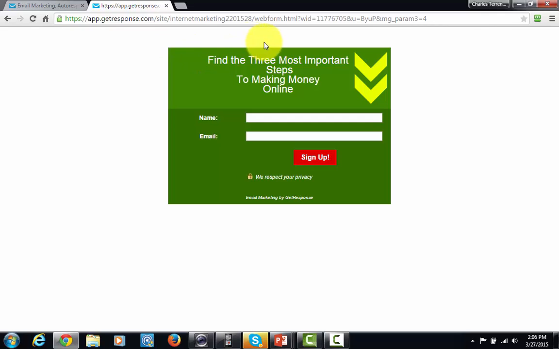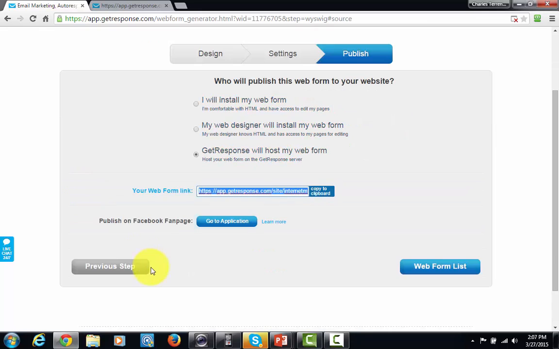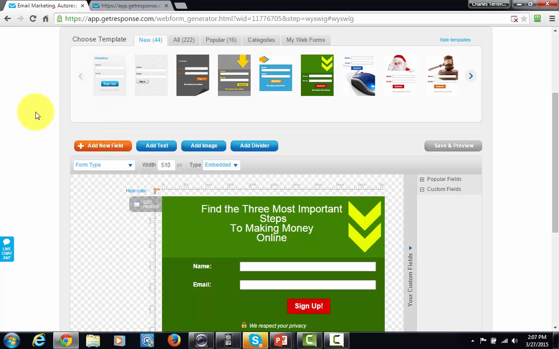You'll also notice that you can actually make changes and edits to the form. You can change the look and feel of this if that's not something that you like, and make it into something that you like. And then you will have a squeeze or autoresponder page in order to start collecting leads. Of course, to edit the form, we could just go back to the previous step and go back to the design phase, and then we can make it look exactly the way we want. But for the most part now, we have a form that we like, we have a form that we can work with, and we are going to now go